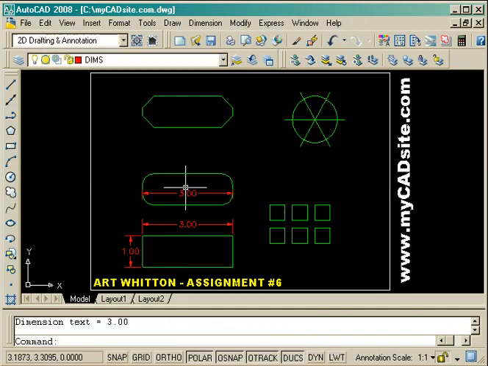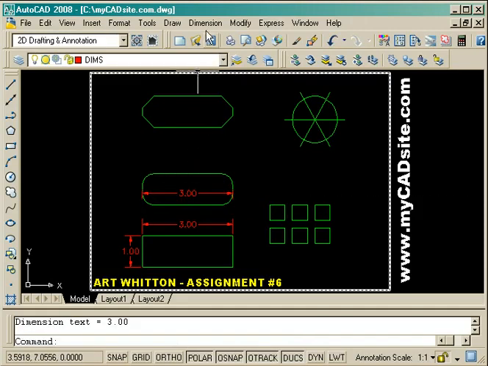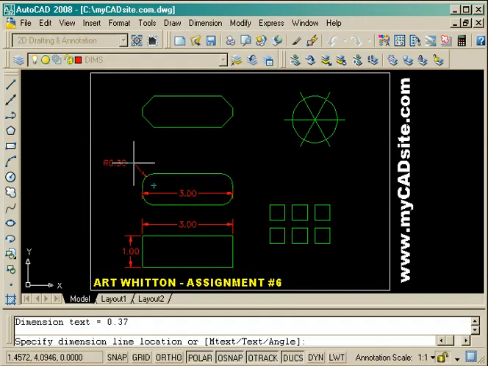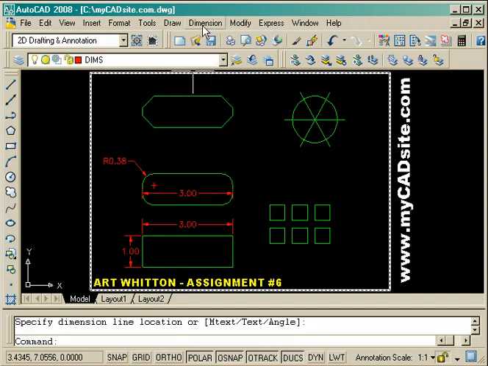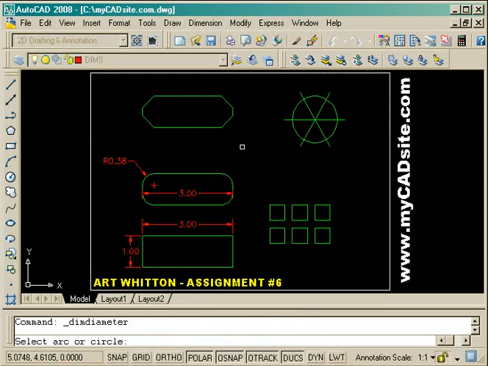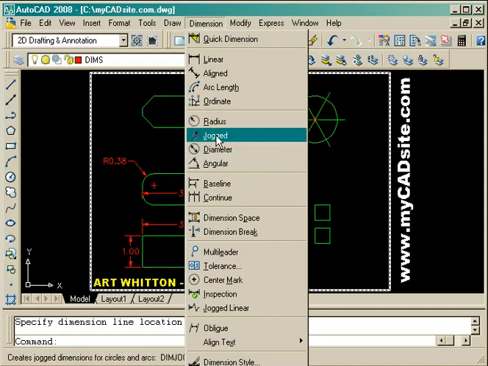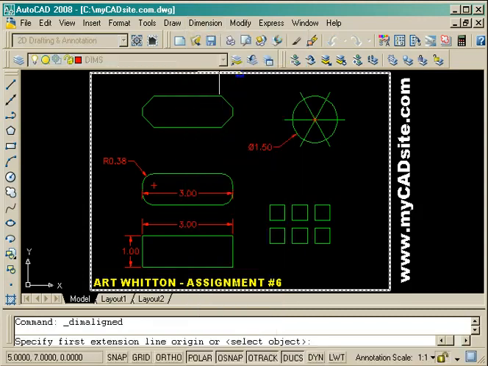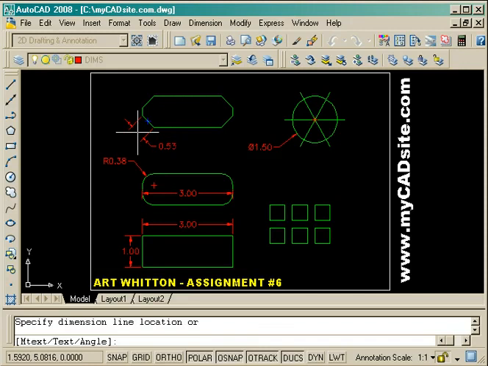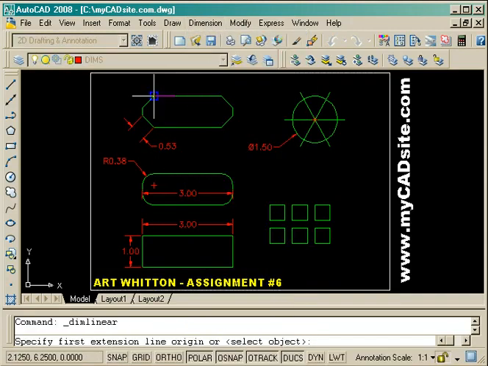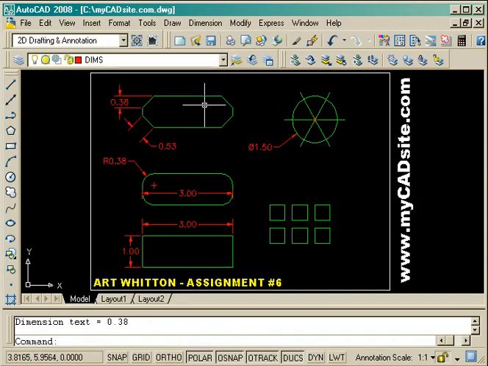So if you go to the inside, you can see that that's not quite as easy to read as a dimension that comes right out from the outside. Radiuses, same thing, pulls it out and then it puts a center mark in for where the center point of that arc is. And diameter puts in the diameter symbol in front of the radius, and aligned brings it out parallel, measuring the full length. You'll see that's 0.53, but if you remember from the other tutorial, it's actually 0.375 or rounded up to